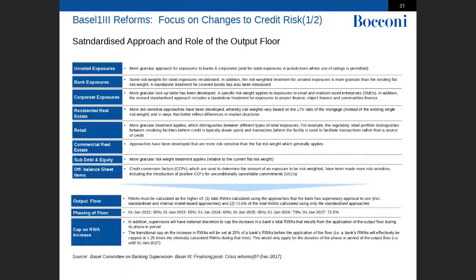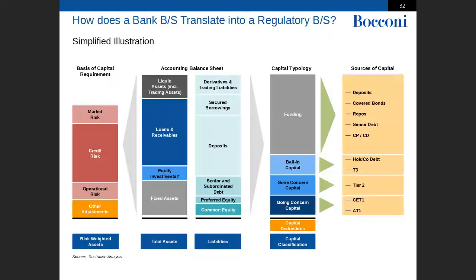And here is another perspective. As I told you, you get the total assets, and then when you adjust those assets for the market risk, credit risk, operational risk, you get the risk-weighted assets. Then you have the liabilities. As you can see, deposits are the biggest part of the liabilities. And you have here a portion of instruments that sits between liabilities and pure equity.